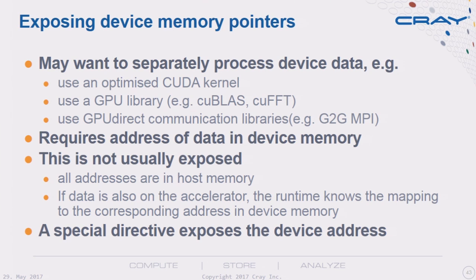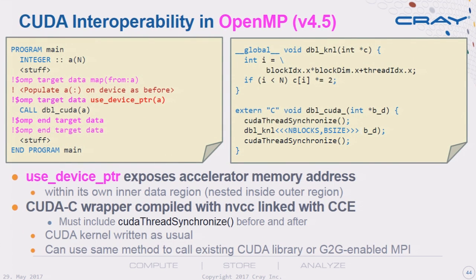But therefore, you really need the address of your data on the device. And this is what you can also provide using a directive. But you have to do that manually since the compiler doesn't do that automatically for you. And how you do that, you use in OpenMP the so-called use_device_ptr on the data you want to expose. So let's say we want to call a function called dbl CUDA, so a CUDA function doing something